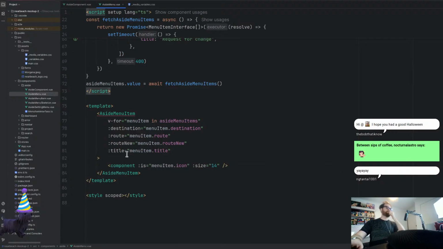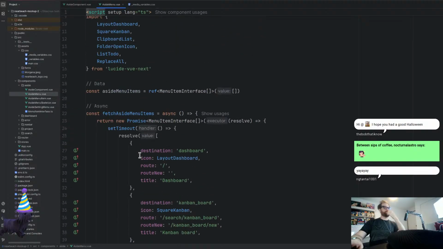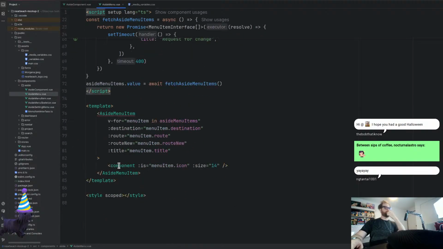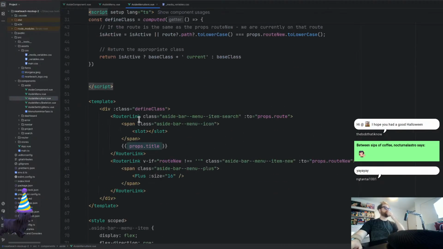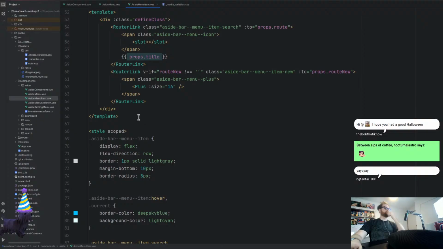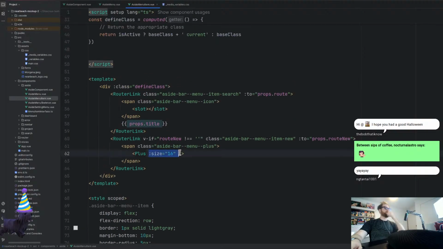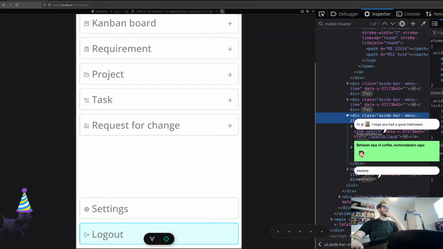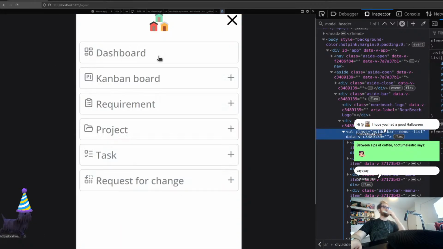So going in here, we have no styles. Not a problem. We do have a component that we're passing down. I'm going to get rid of that 14 size. Yeah, we'll handle that down in the menu item itself. We've also got to handle this plus too. So not a problem. Now that we're down here,